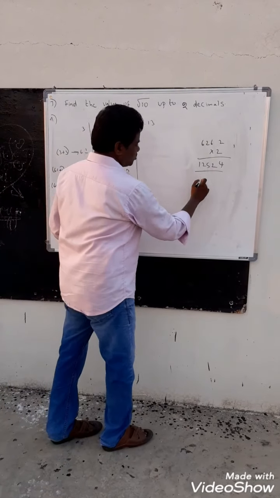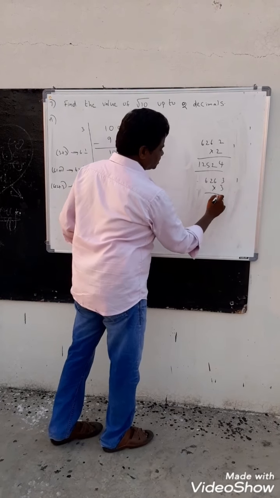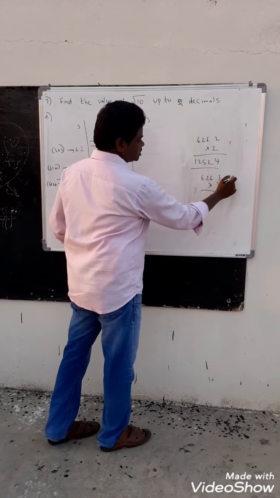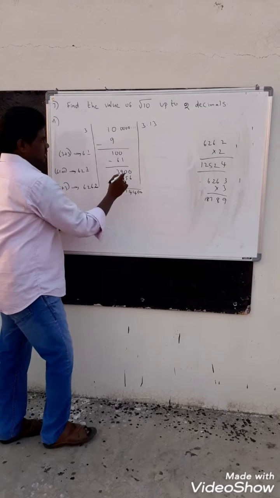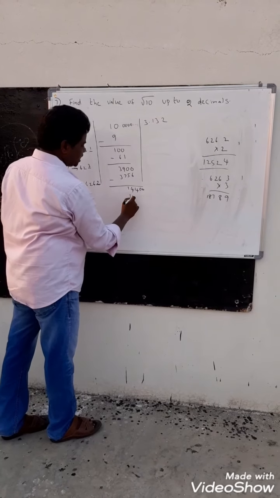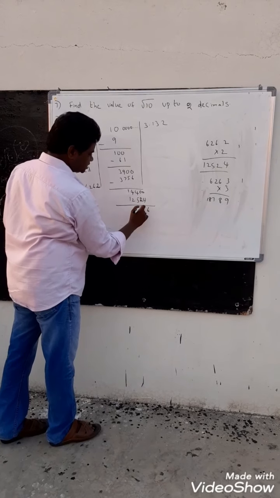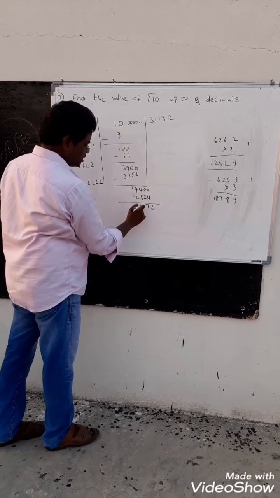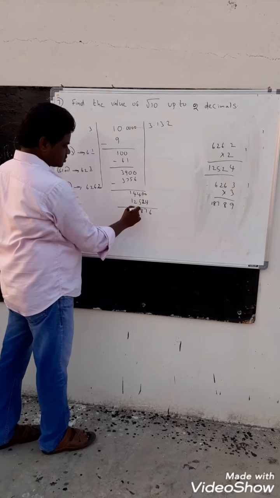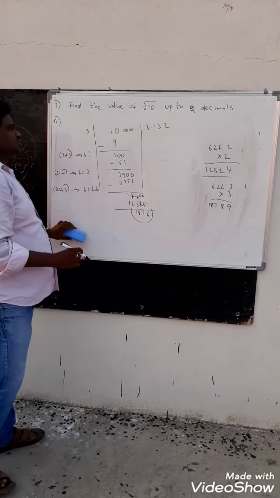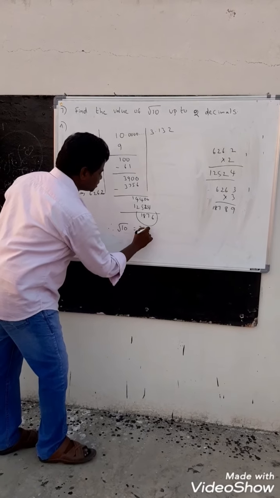12,524 you get. For suppose if you keep 3, into 3: 3 3s are 9, 3 6s are 18, 3 2s are 6 plus 1, 7, 3 6s are 18. So it is going to be big. So we have to keep 2 only. Here also 2, you will get 12,524. If you do subtraction, 6, 7, 13 minus 5, 8; 13 minus 5, 8; 3 minus 2, 1. So leave it like that. So you will get square root of 10 equal to 3.132.